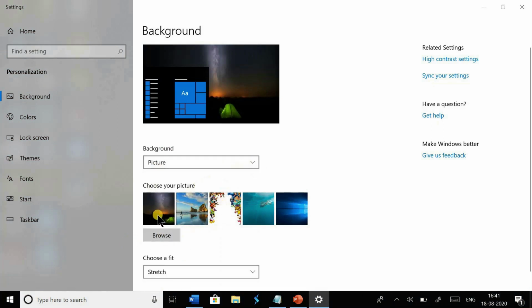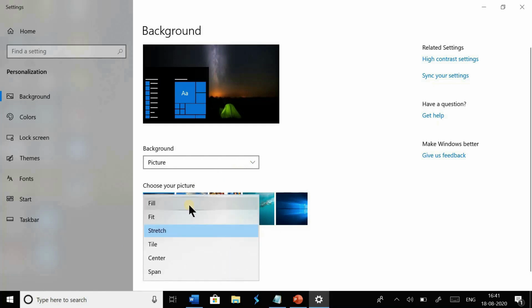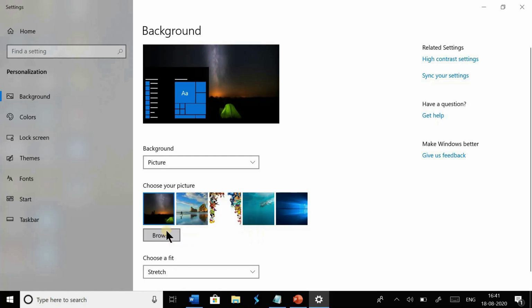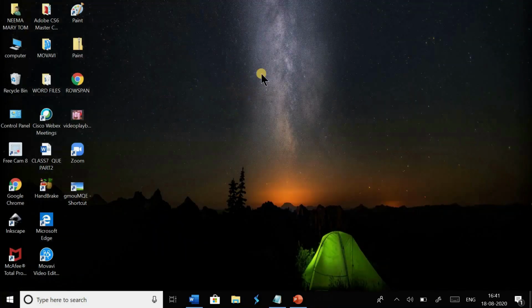Now I am selecting this picture, and from this drop down menu you can select Fill, Fit, Stretch, Tile, Center options. Here I am selecting Stretch, and let us close this window. Now that wallpaper has been set.